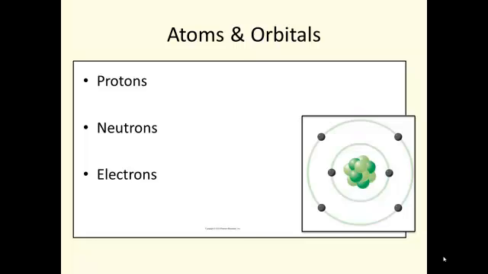The first one is the proton. It has a positive charge and it has a mass. We say that it weighs 1 atomic mass unit, or AMU. An AMU is basically defined as the weight of a proton. On our diagram down here to the right, the proton would be in the center of the atom as a